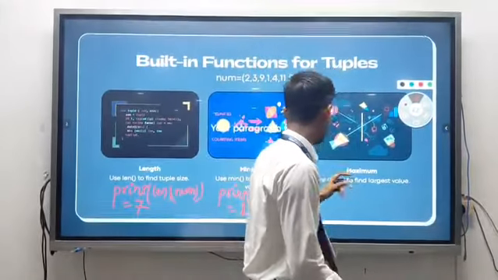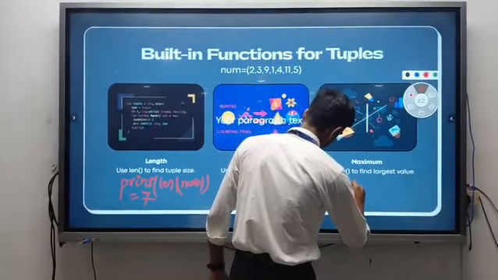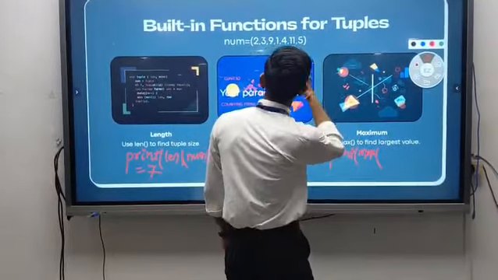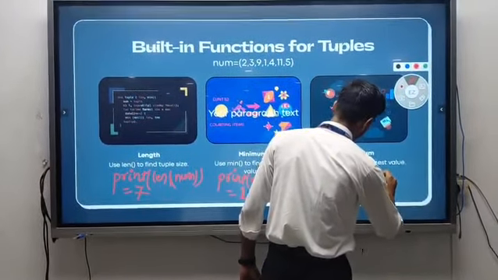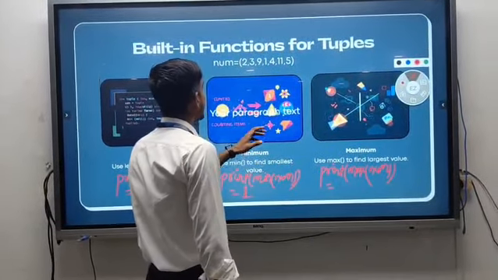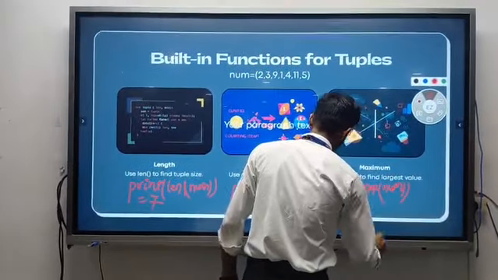When we move to the maximum number, the syntax is print max and the variable name num, and the highest number is 11, so it will print 11.